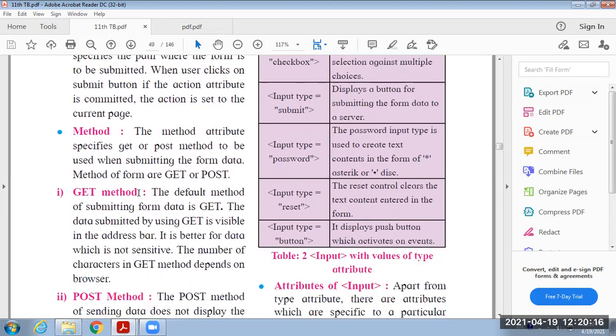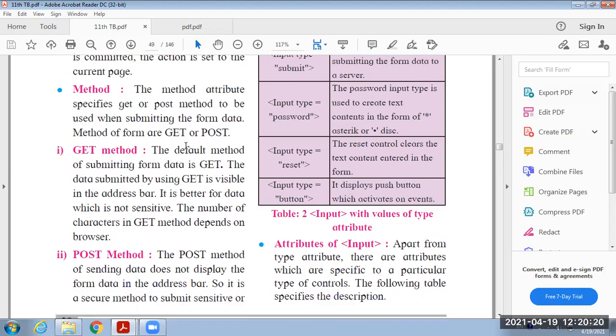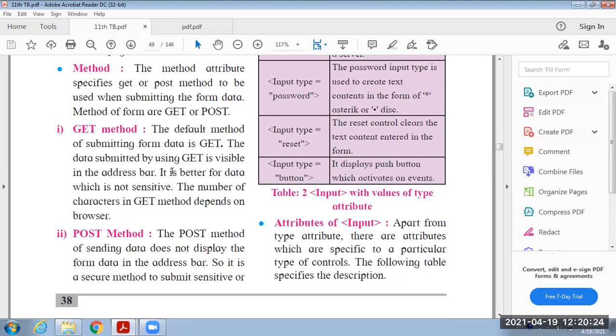First of all, let us go for the two types of methods and their details. First method is the get method and second method is the post method. The get method is the default method for submitting the data. If your form size is small and if you don't want more security, at that time you can prefer the get method.